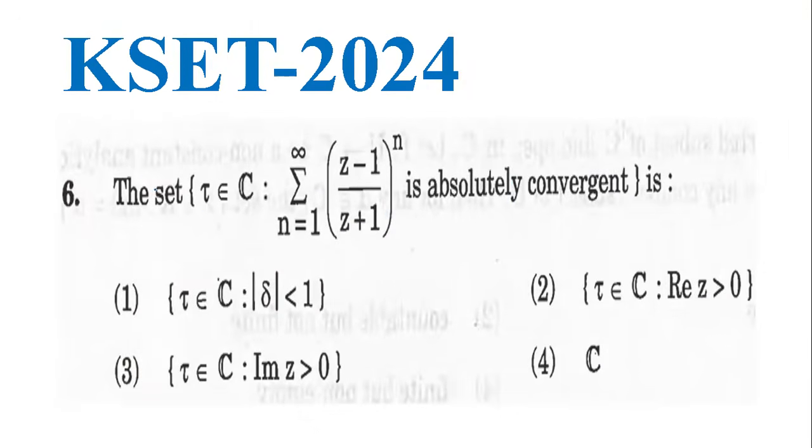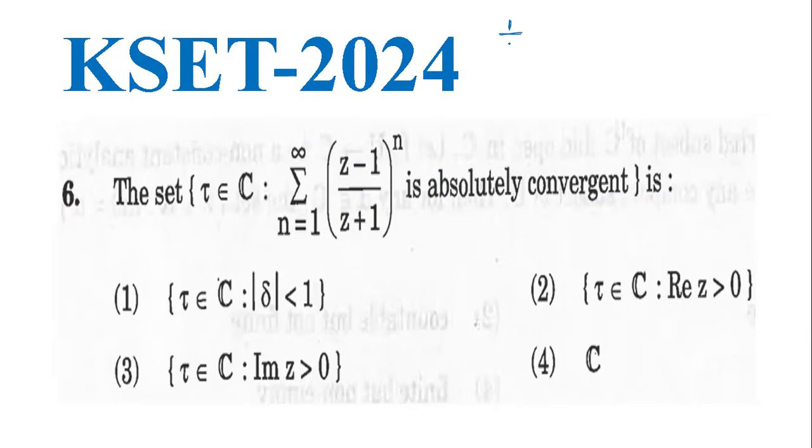Question: the set of all z belonging to the complex numbers such that the series sum from n equals 1 to infinity of ((z minus 1) divided by (z plus 1)) whole raised to n is absolutely convergent is. Options are given. See, we know that radius of convergence,